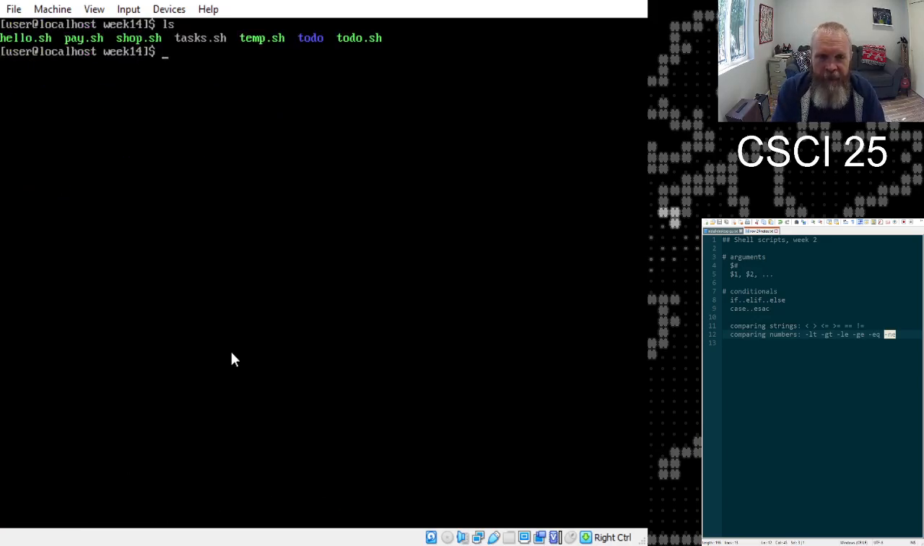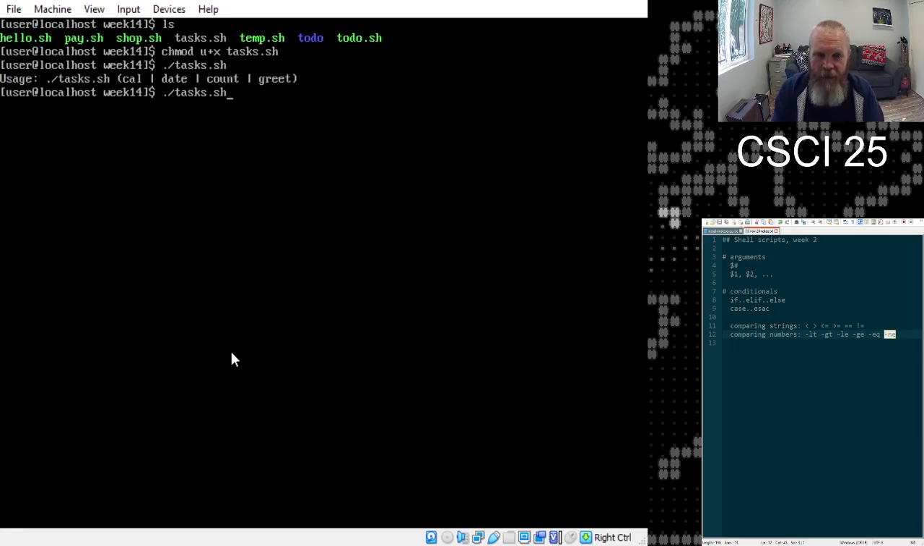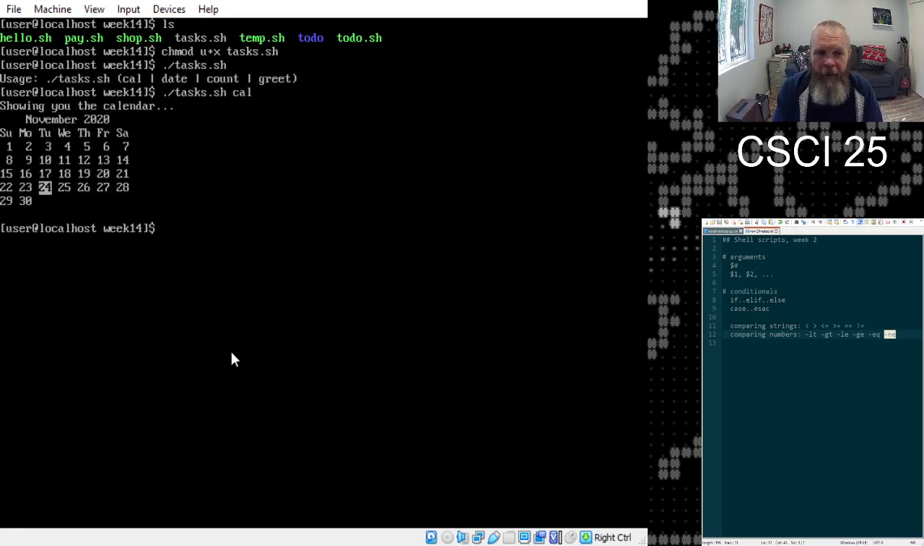So here again, I have to make it executable because you can't create things executable. You have to make them executable later. So if I run tasks with no arguments, I'm going to get the usage message. So let's run it with cal. It worked. So notice it matched the word cal with that. So showing you the calendar, and then it ran the command. Now if I do something else, then it'll just say I can't do that thing yet. And then I'll do one more, and then we'll